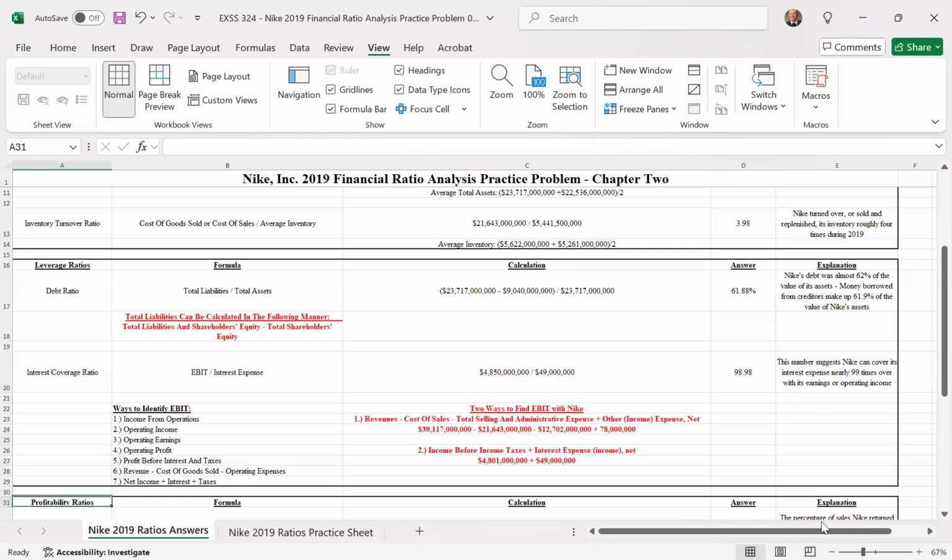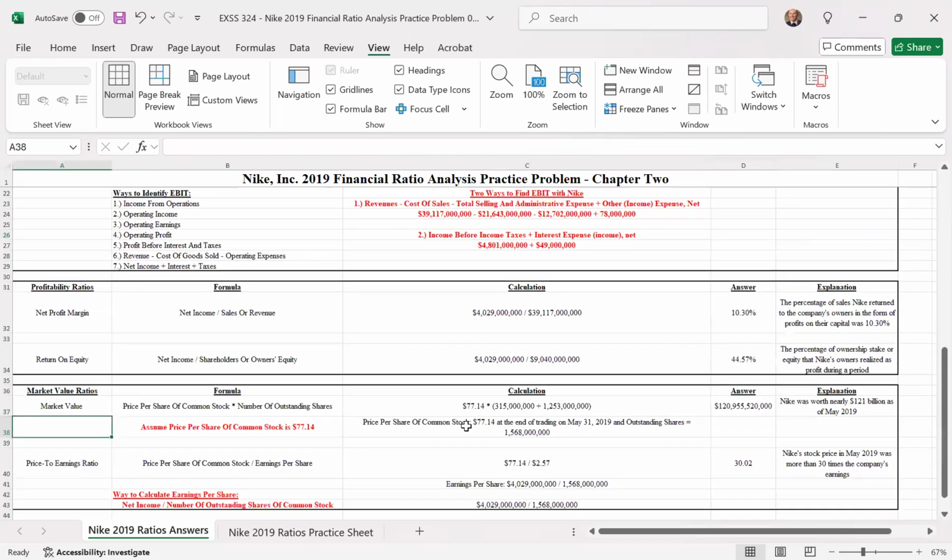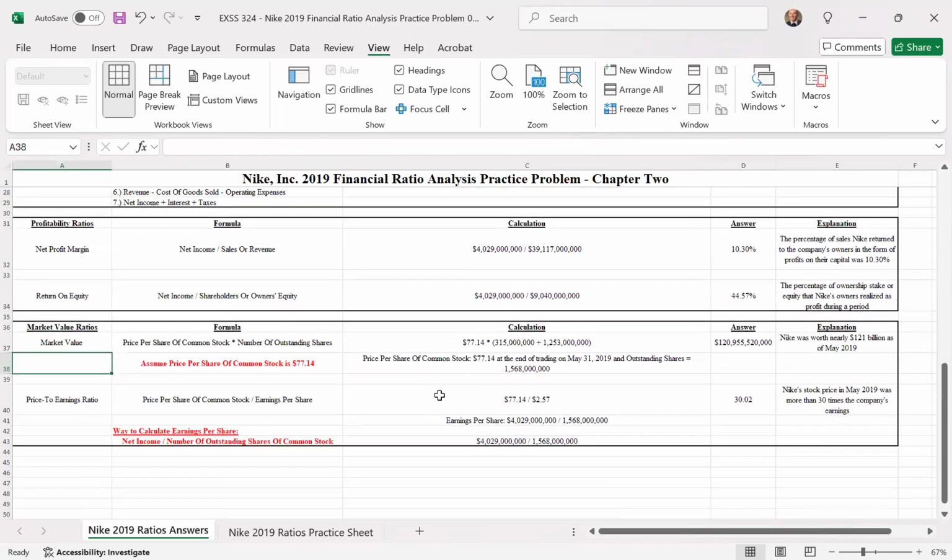Now we'll go down to the profitability ratios. And in the profitability ratios, we're going to look at net profit margin and return on equity. Let's start off with net profit margin. So net profit margin is going to be net income divided by sales or revenue. So here we are, we're dealing with the income statement yet again, with the net income and the sales or revenue. So once we look at our income statement and pull the numbers,